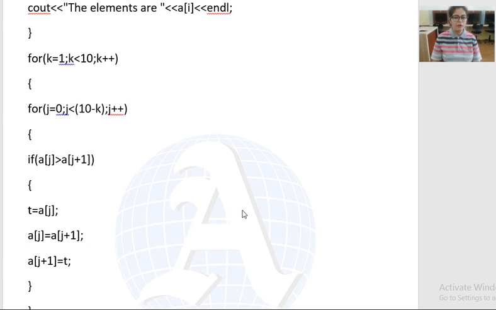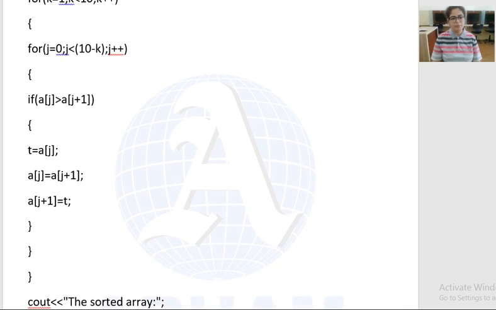Whenever we have to swap numbers, we always have to perform these 3 steps. First of all, you move one element to the temporary location, then move another element to that location, and then move the temporary variable to that second location. Then close these three curly brackets that we opened, 1 2 3. So here we have applied the condition of the bubble sort.